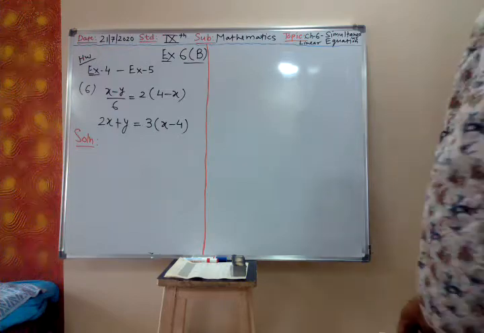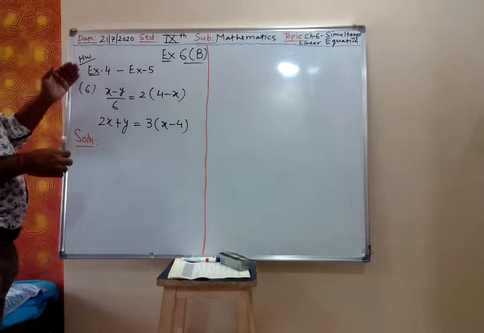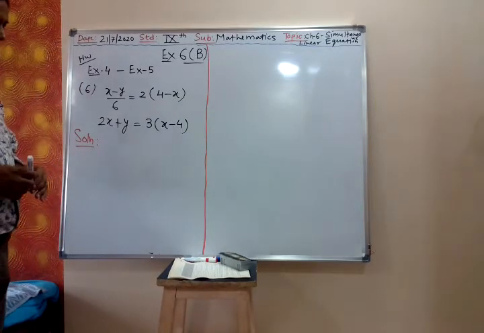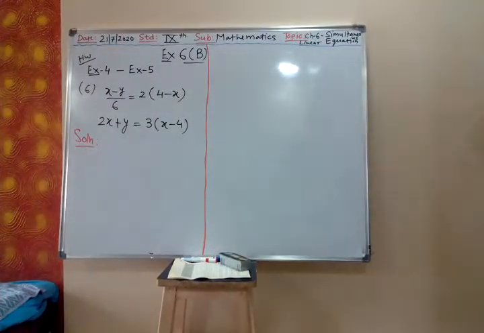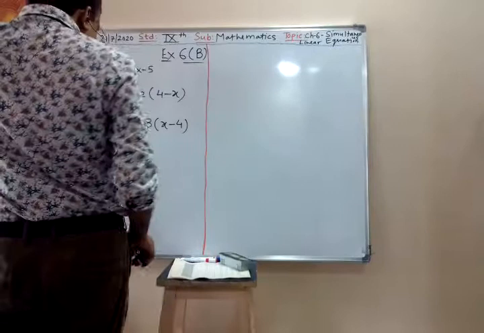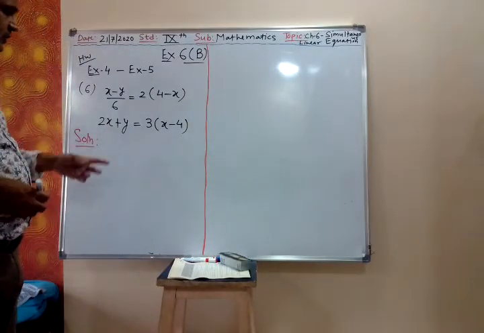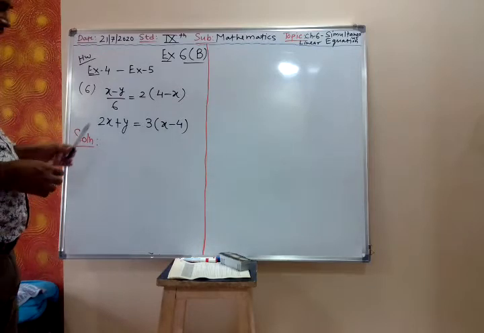Now question number 4 and question number 5, I am giving as homework. Third, 4, 5, third was also homework. See, same type of question is there, then I have to give homework, because you have to complete the portion also. So third, fourth, fifth are homework. Now sixth I will do.